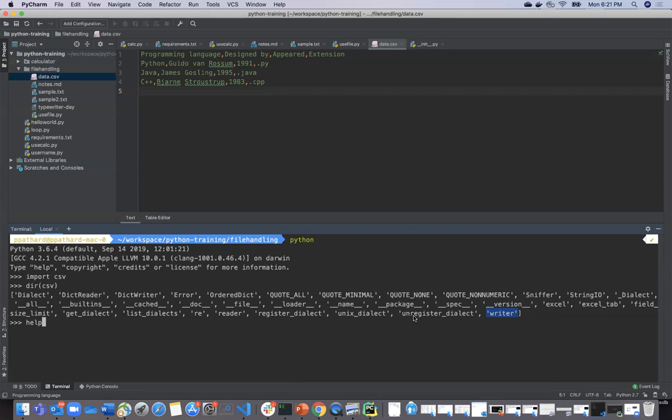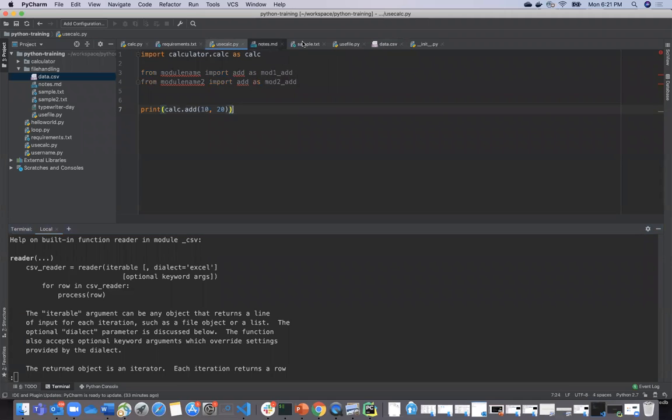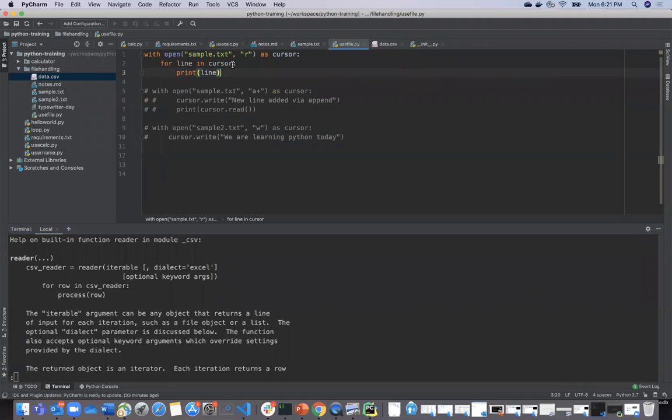If you do help on csv.reader, what does it require? It requires an iterable, something you can loop on. For example, you open a file and that is iterable. That's what you saw in the latest example, where you are able to do a for loop. Similarly, you can do it using the csv module.